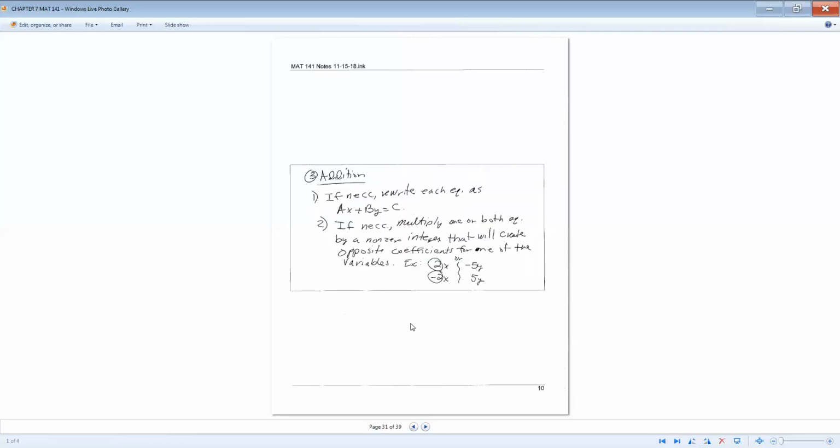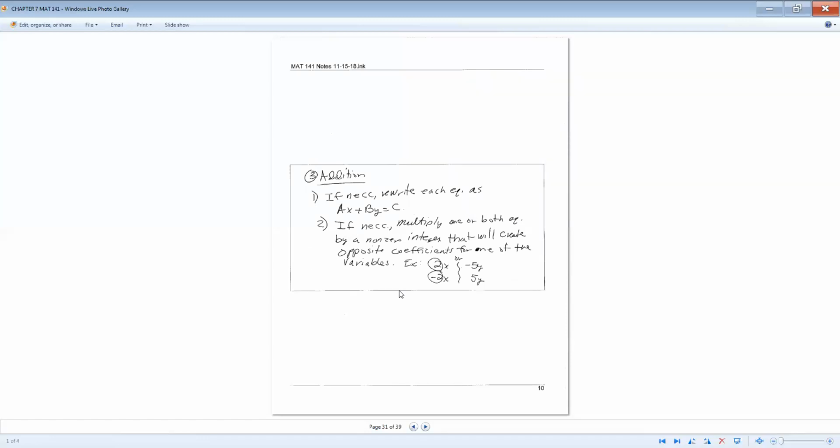All right, the second method, third method, and final method, and we'll do a few more. I believe I have a few more in this packet to do examples of. It says, if necessary, rewrite each equation as ax plus by equal to c. The first step in the addition method is to rewrite each equation as ax plus by equal to c if